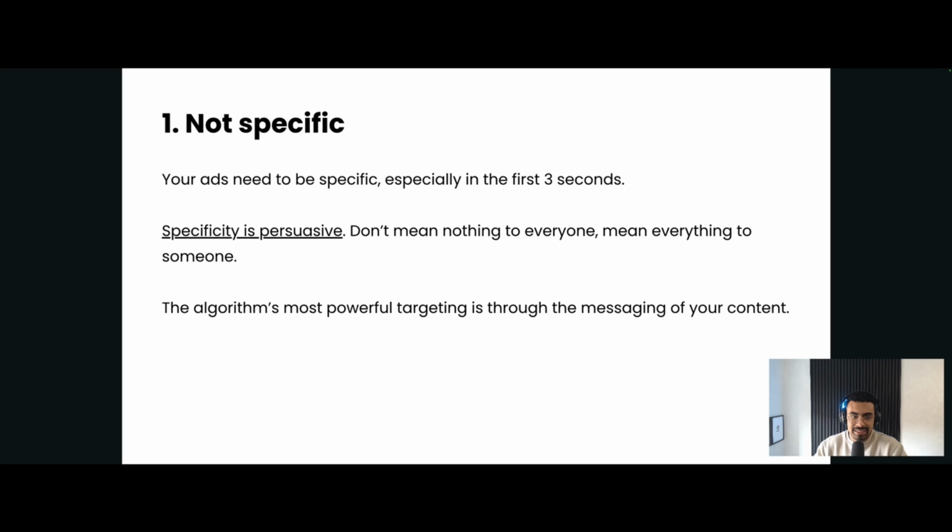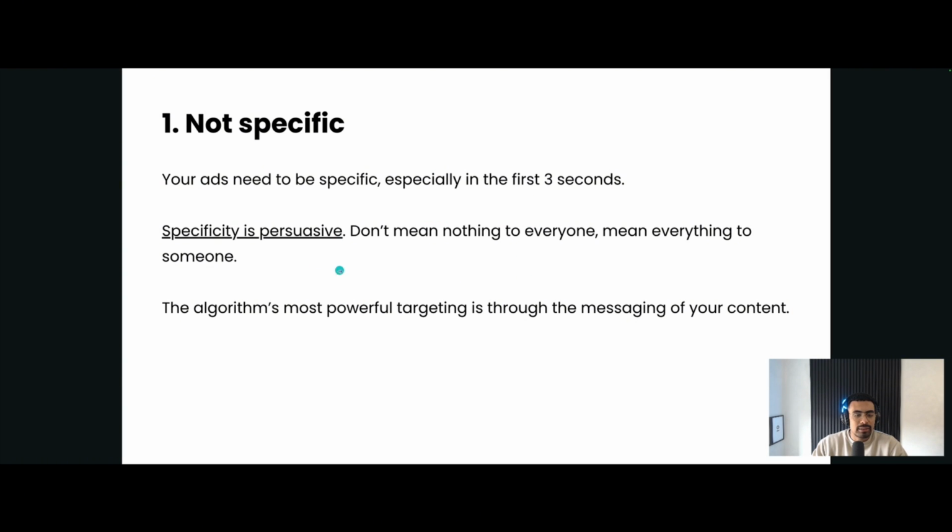We want to get very deep into the psychology of the customer and make sure that we connect with that person. So instead of trying to speak to everybody, speak to somebody and be specific. Understand who that person is, especially in the first 3 seconds, right? We don't want to capture all of this attention and then find we've got a female-only product and we're now trying to apply this to everybody. And so we get a load of males watching our ad, right? It's a waste of money. We don't want that. So ads need to be specific, especially in the first 3 seconds.